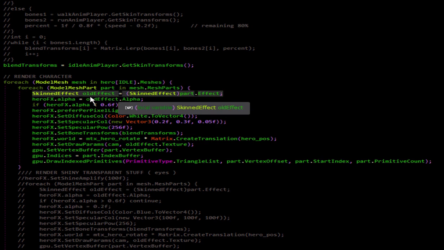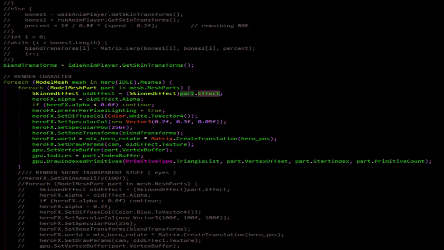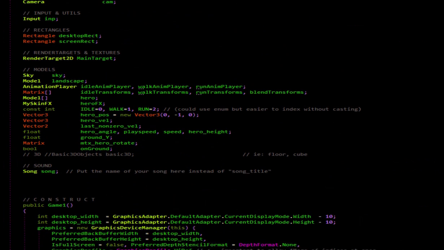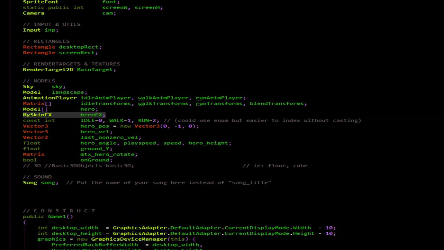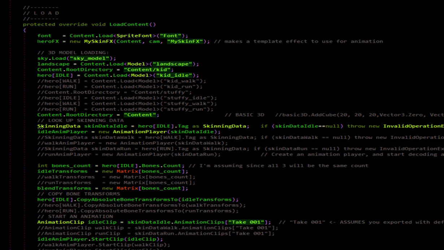because that's going to hold the texture reference, so the texture that got loaded in automatically, and we just need to get a hold of it. So I'm saying old effect is equal to, and then we've got to cast a skin effect because we have it as a skin effect in our processor, and I say part.effect. We also get from that old effect right here, old effect.alpha, and we can extract other things from that too if we wanted to, and we're applying that to the hero effects.alpha. So that's that skin effect that we made, which I declare up here, my skin effects hero effects. I don't know if I showed that before. We also have to load that in. Where did I load it in? I loaded it in up here.